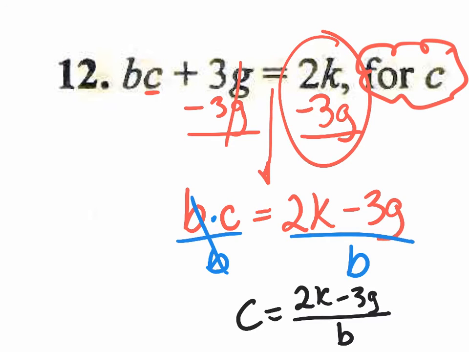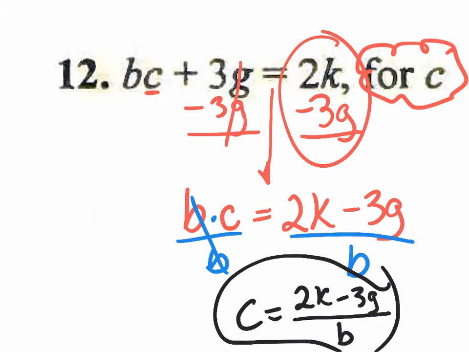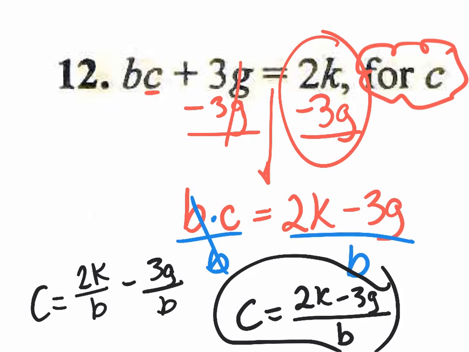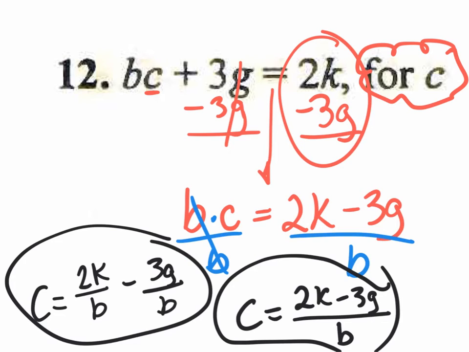Angel, could you give me another acceptable answer? C equals 2K minus 3G? Or no? Silas, help him out. It's 2K divided by B. Okay. Minus 3G divided by B. Excellent. Thank you, Silas. So just remember, both of these answers are correct, but the reason why I'm showing you both